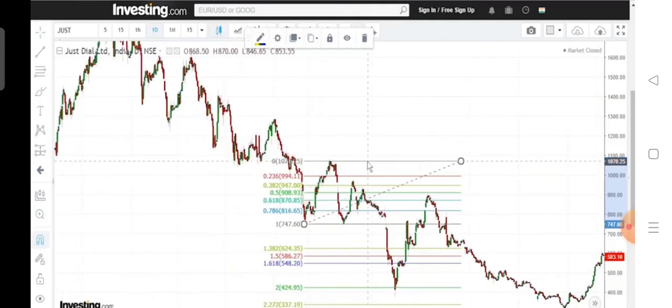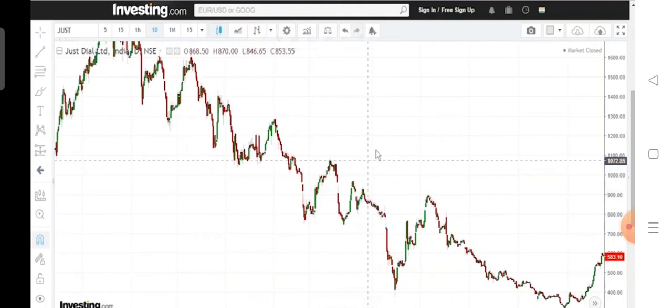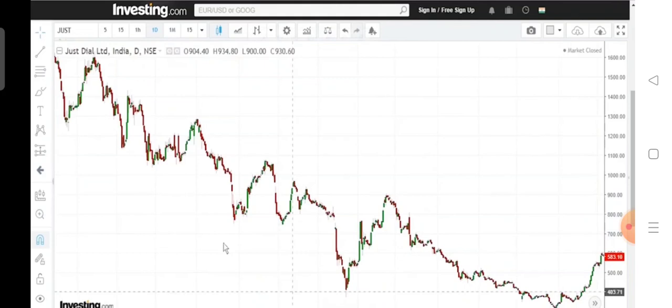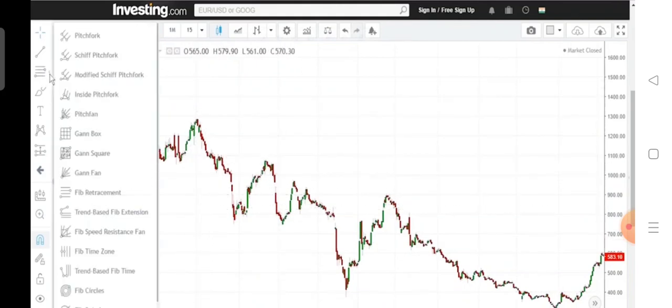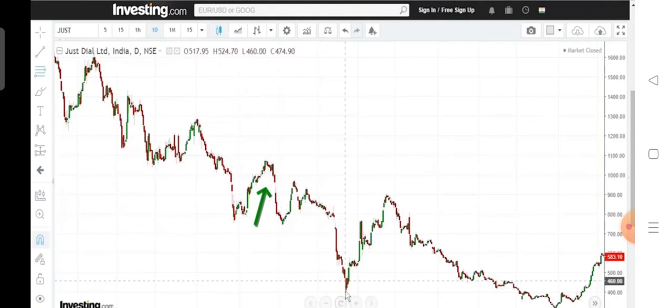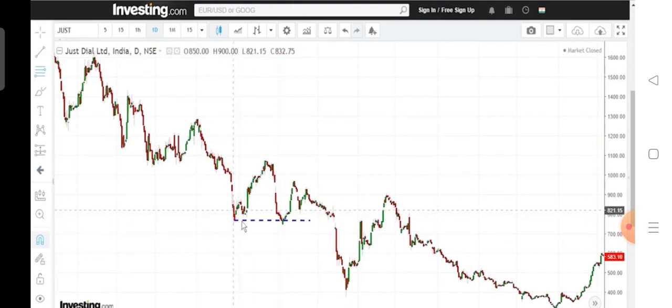Last, we will discuss the Fibonacci extension, which is a 3-point target. Now, in the case of a down move, what would be the Fibonacci extension? The Fibonacci extension would be based on the last move. So this was the first move and then there was a correction. Then, based on the fact that this low was breached, I would think that the market would go down, and